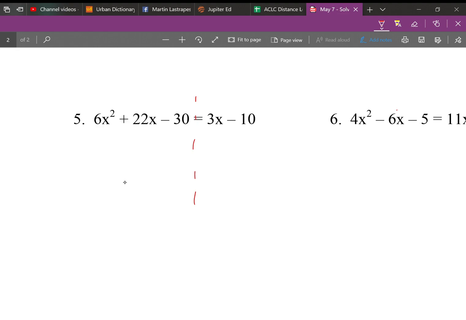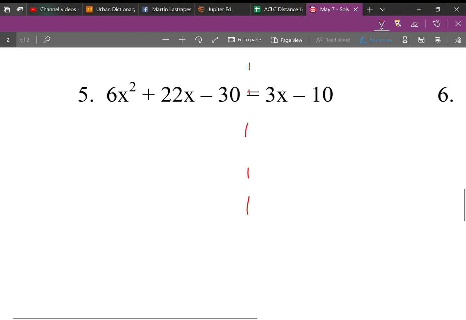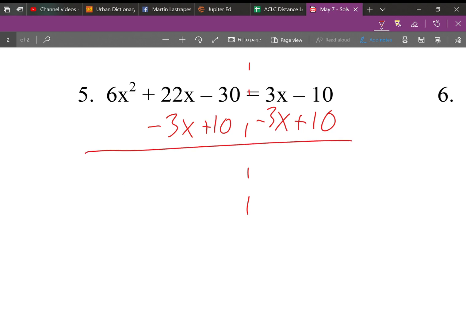It's minus 10, but we treat it like a negative. And I'm going to get rid of both of those at the same time. So I'm going to subtract 3x from both sides. On the left, I want to put it under the 22x, because they're like terms is what we would say here. To get rid of a minus 10, again, we treat it like a negative 10. To get rid of negative 10, we would add 10 because those are opposites, and opposites cancel. Since I'm adding 10 here, I'm also adding 10 on the left. So make sure that we're doing exactly the same thing on both sides,